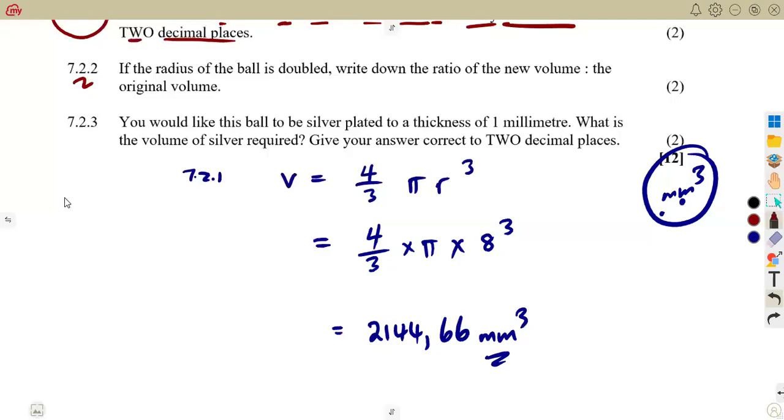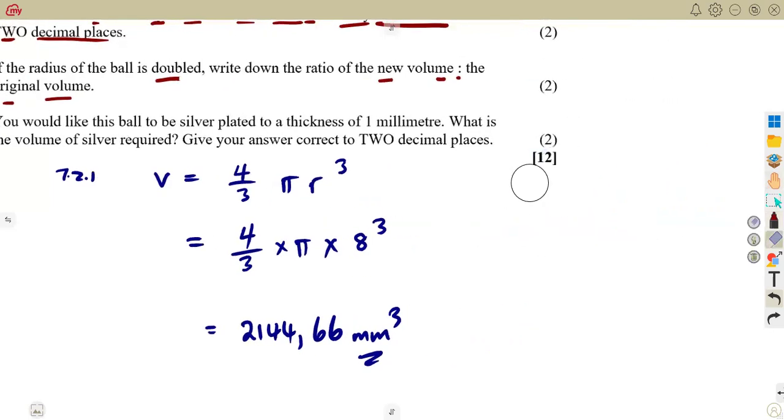7.22. If the radius of the ball is doubled, write down the ratio of the new volume to the original volume. So this is it. When the radius is being doubled, what does it mean? In terms of the radius that we had before, this one has been doubled. So we are referring the new to the original. If the original was taken in terms of the radius,